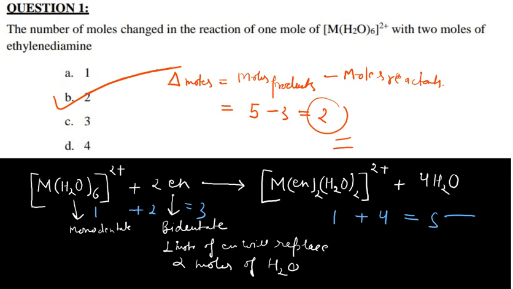So this is how you can solve the problem. And don't look at the problem in that manner, that ethylene diamine is bidentate, so it will replace four water molecules, so the change would be 4. It is not like that. You simply write the equation and then calculate the change. Okay, so this is how you can solve the problem. Again, it's a very easy problem, not that difficult, but you have to apply a little brain before solving such kinds of problems.